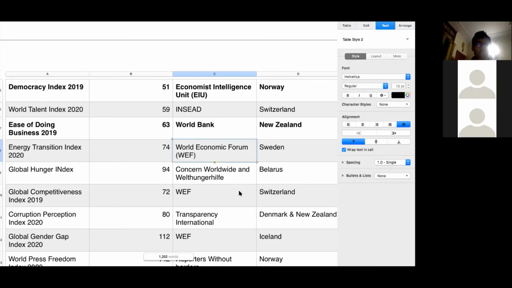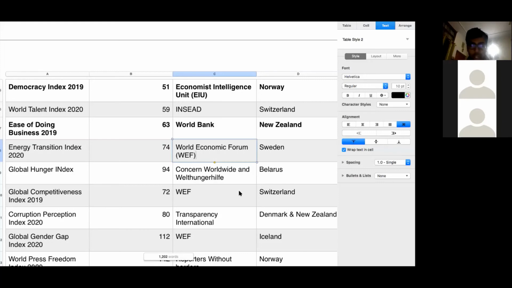So it has its own set of variables on the basis of which it measures the performance of how the entire energy system in a particular country is transitioning from very heavy ecologically or environmentally polluting industries to sustainable and efficient and basically cost saving as well as environmentally friendly energy sources. So India was ranked 74 in the latest Energy Transition Index 2020 ranking, while Sweden was ranked number 1.